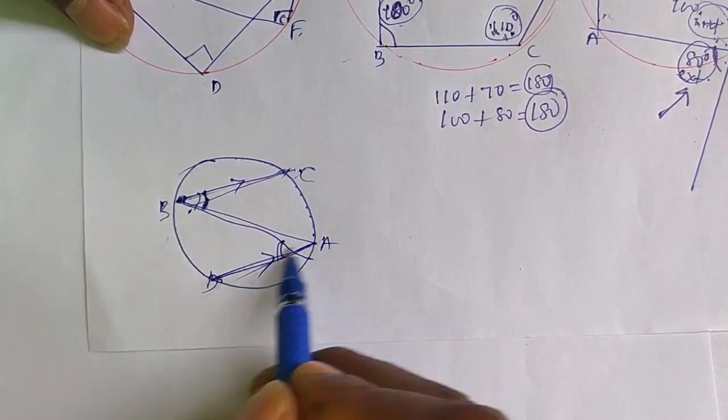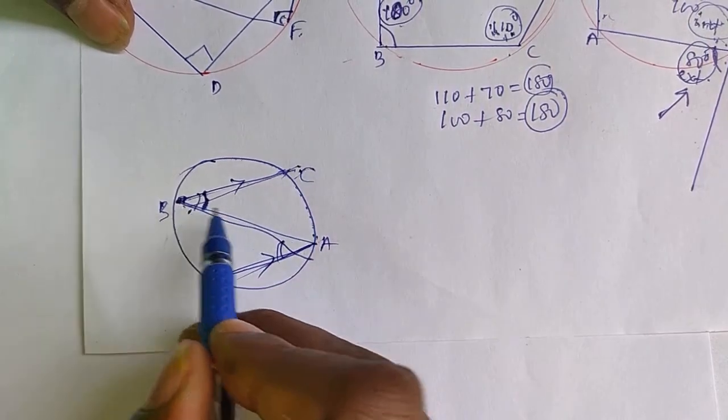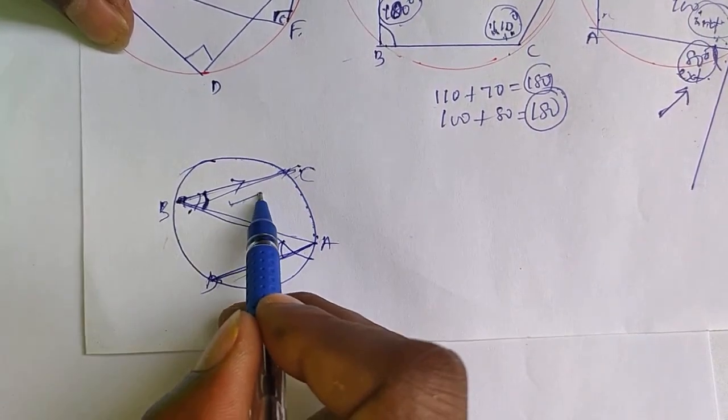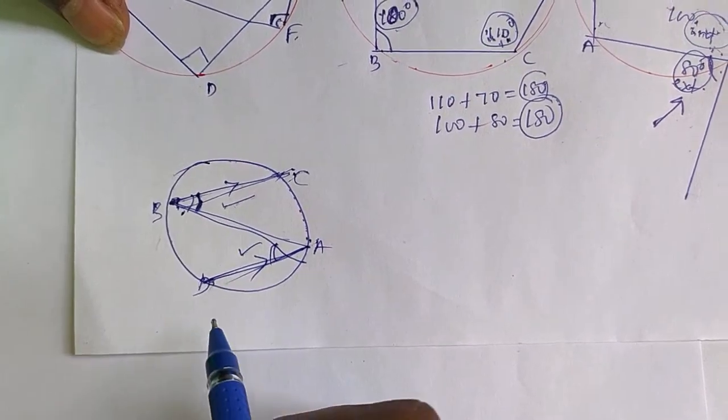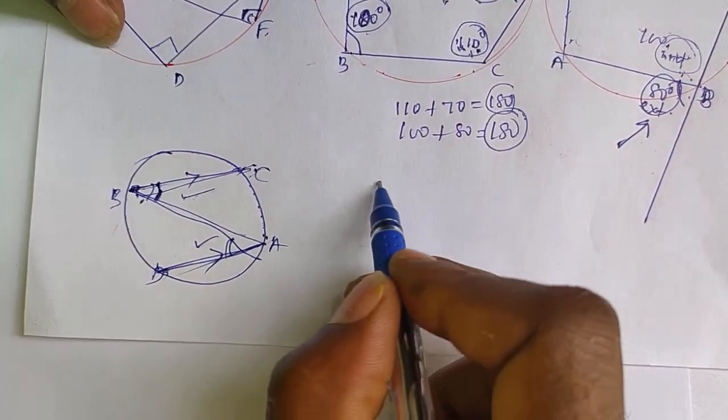Okay, BC is parallel to AD, no? So therefore angle CB, this angle, will be equal to angle BAD, this angle. So these two angles are equal by the Z shape. Not only that,